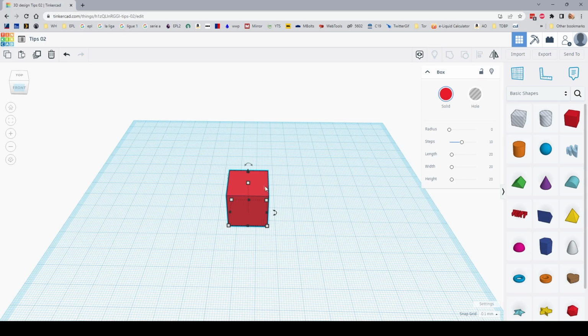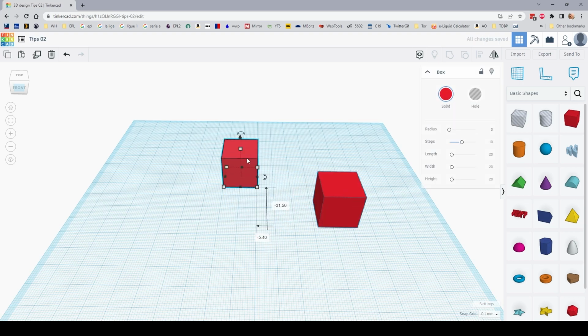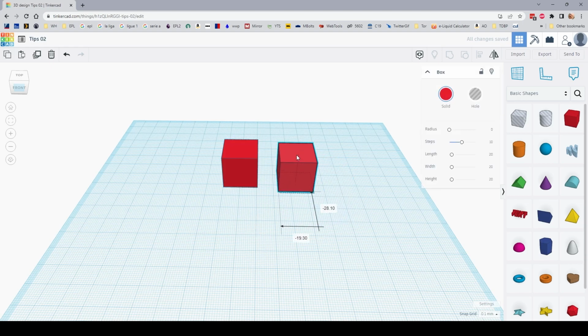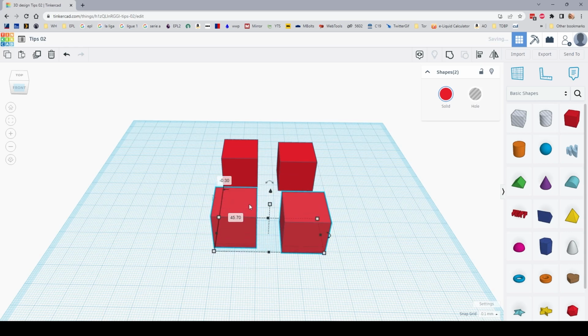Alright, so if you hit Control D, that's going to duplicate the object that is selected, or objects. So I just duplicated that cube. Now if I hold my shift key down with that selected and select another one and hit Control D, everything that's selected is going to get duplicated. Okay,